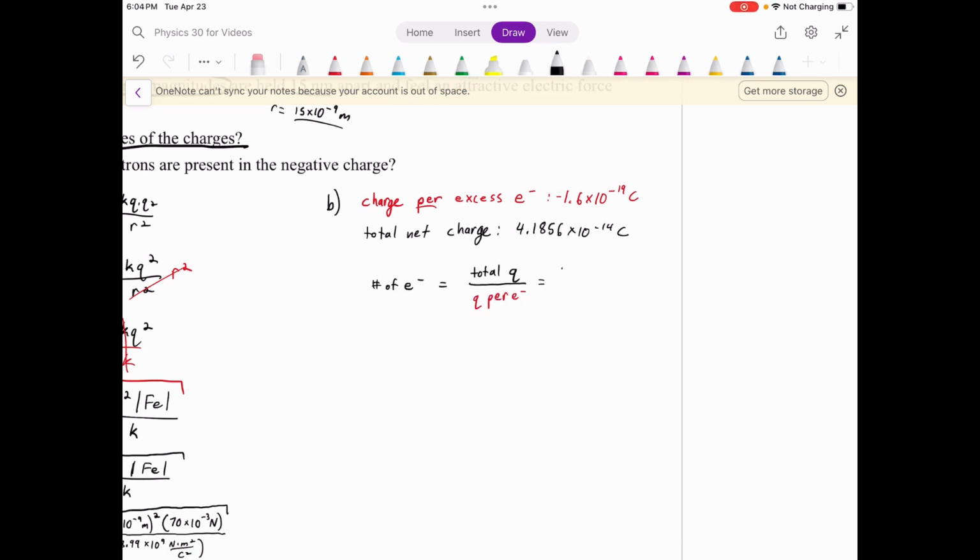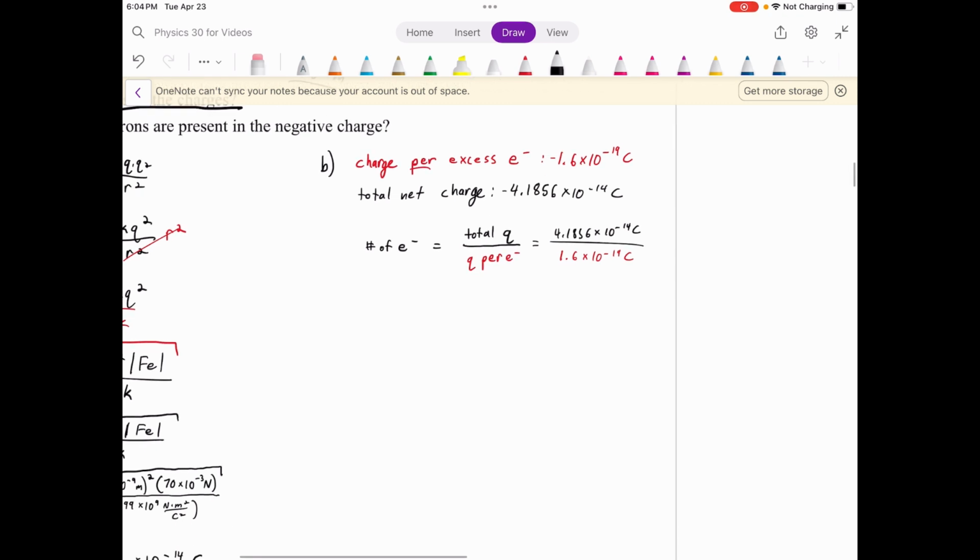Okay, so our total charge, 4.1856 times 10 to the negative 14 coulombs, over the charge that each electron contributes, 1.6 times 10 to the negative 19 coulombs. Not going to include the negative there, because this is a scalar thing we're talking about here, and we're just trying to figure out how many of these to get this. Or you could think of it as they're ultimately both negative, because the net charge would be negative if it has extra electrons. And so we got that the number of electrons it would have to have is, I got